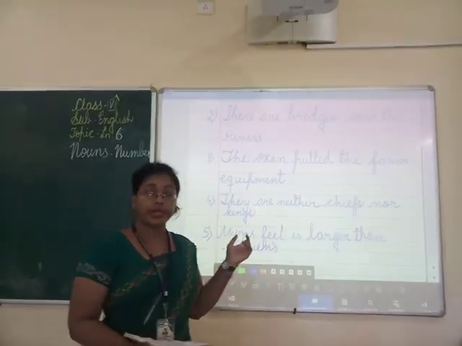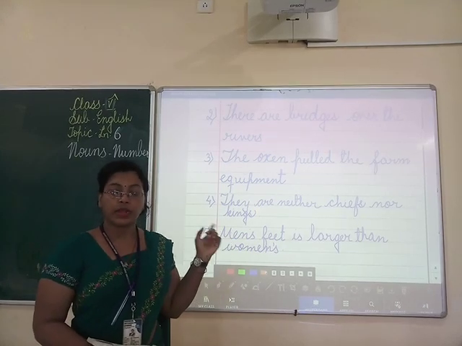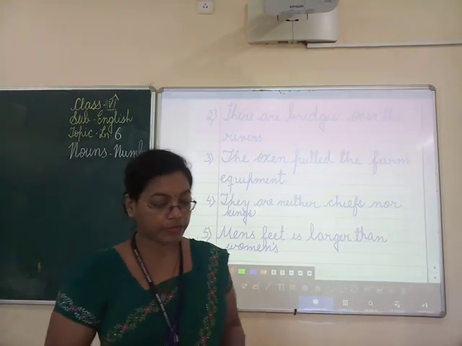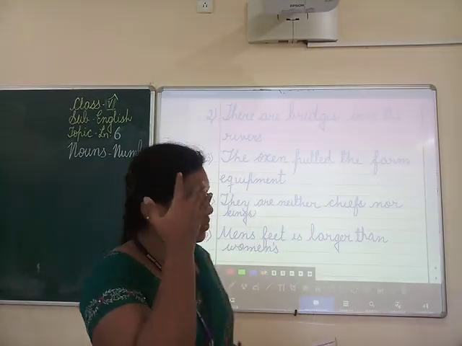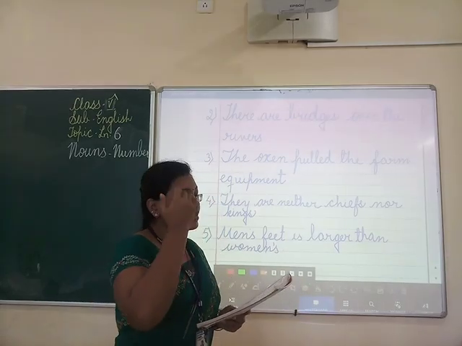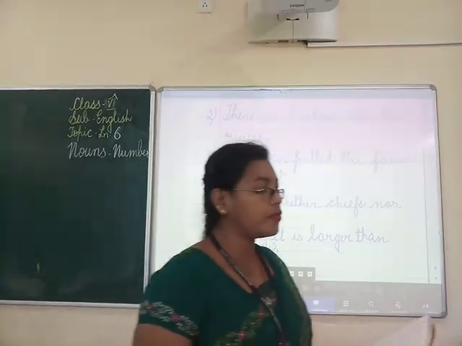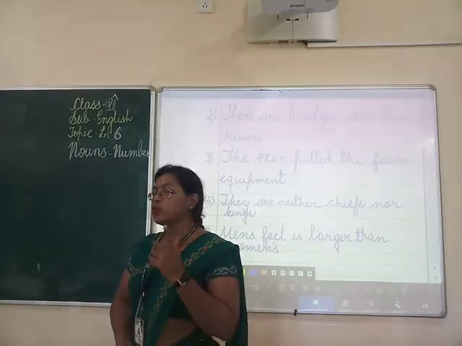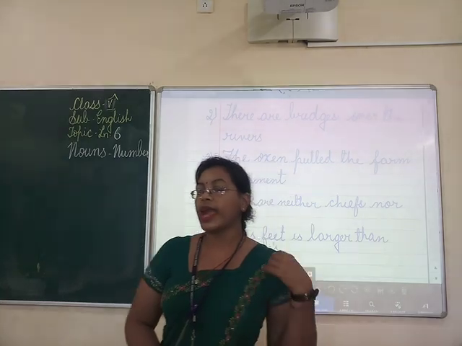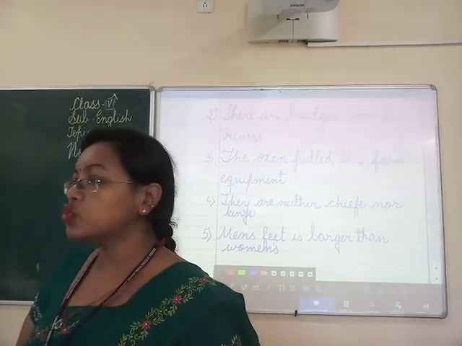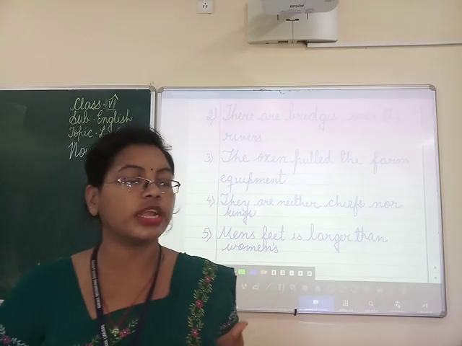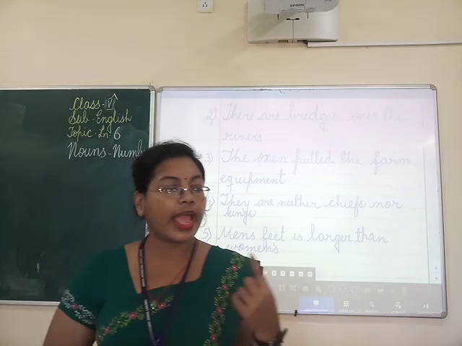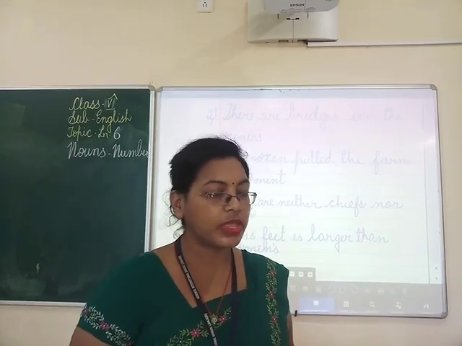This one you people will complete. If you have any doubt in this, you can ask me. So here question number C you see. Complete these sentences by choosing the correct form of the word given in the brackets. Along with the sentence, words are given in the bracket and two options are given. From those two options, which one is the correct option, that one you have to select and write. First of all, put a tick there and write the correct answer. Is it clear?